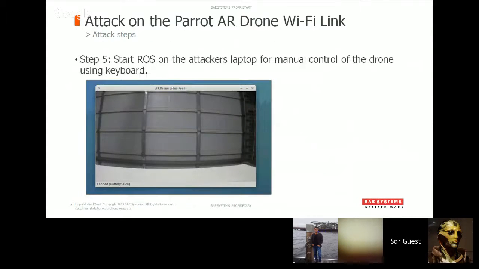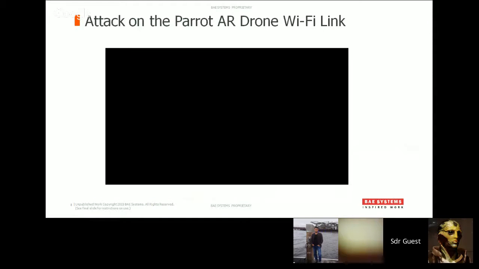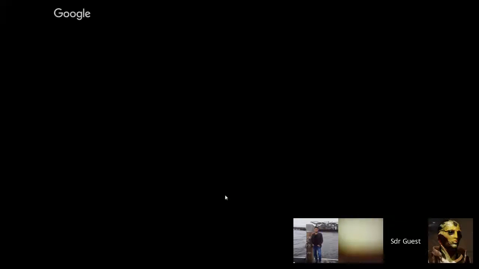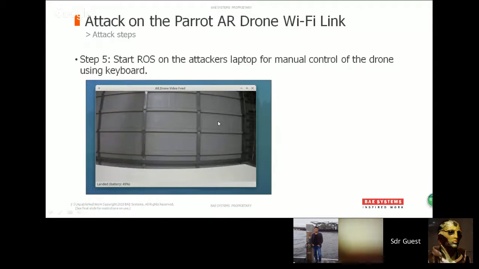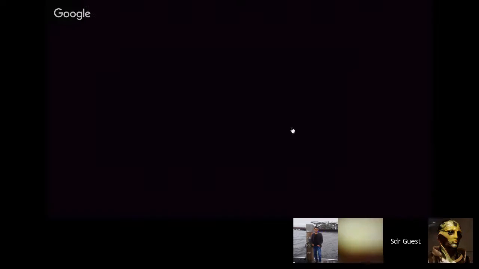And the last step is to start the Robot Operating System on the attacker's laptop to manually control the drone. Also on the attacker's laptop, we can see the onboard camera's image. This is an image taken by the onboard camera on the AR drone, and it's my garage door. And here's a video